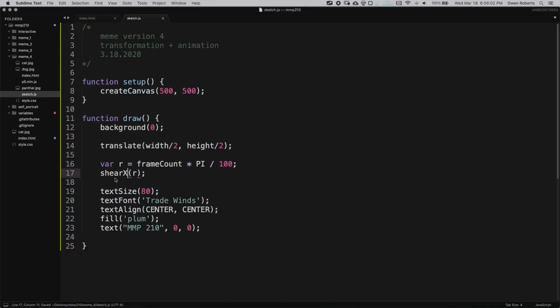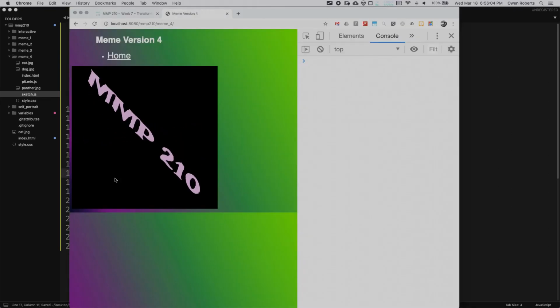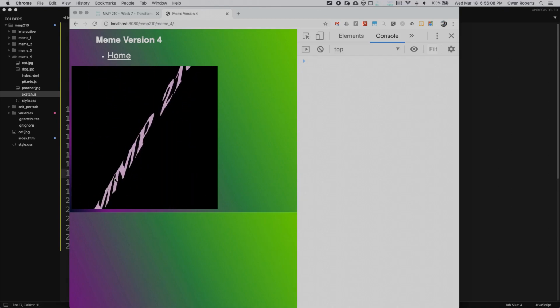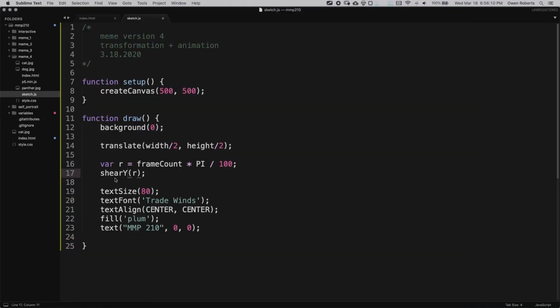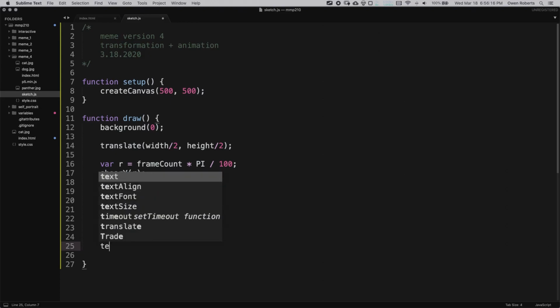Okay, so that's kind of cool. What about shear Y? Also good. And let's say I wanted to do both. Right? So this is where we can use push and pop. So I'm going to leave all my text styling the same here, and then I'm just going to draw text